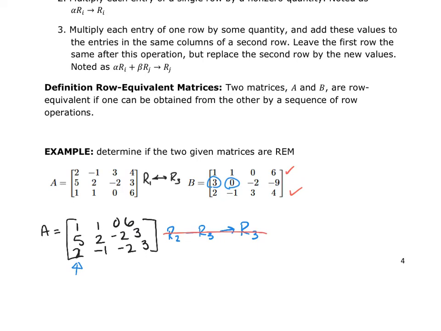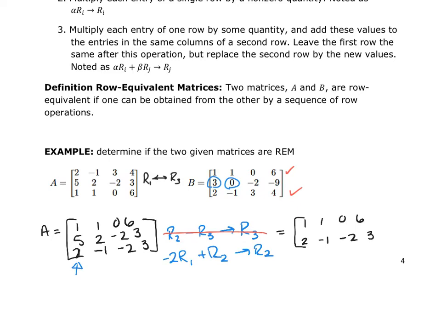However, if I take row 1, multiply it by 2, and in fact I'm going to multiply it by a -2, and then add it to row 2 and put the answer back into row 2, I think that's what I'm going to get for my row 2. Even though I multiplied the first row by 2, I'm not putting the answer back into row 1. So row 1 has not changed. It's 1, 0, and 6. Row 3 has not changed. So it's -2, -1,